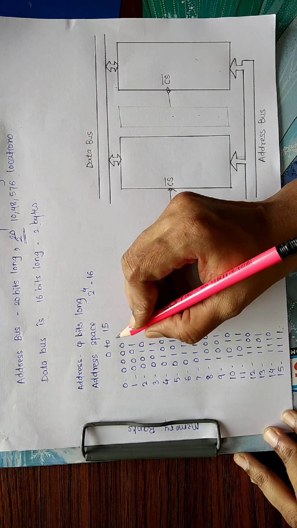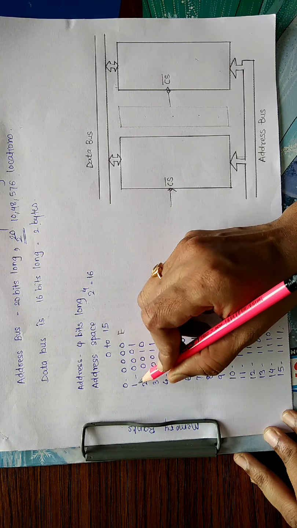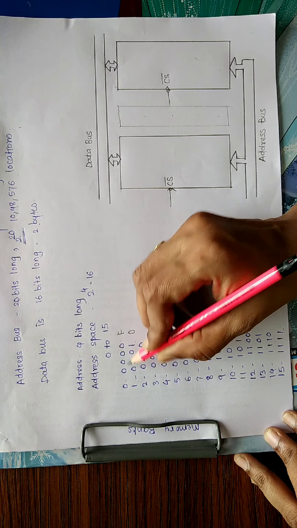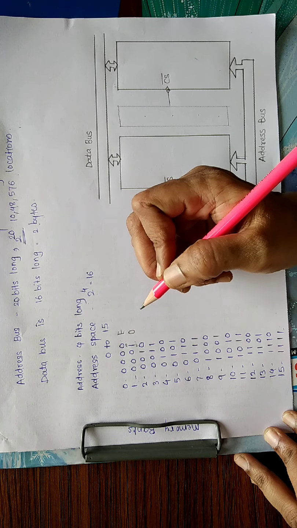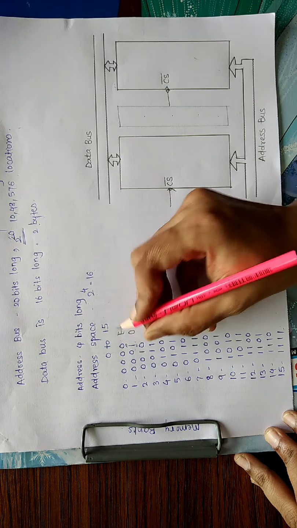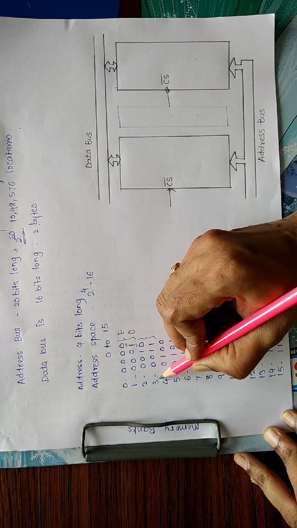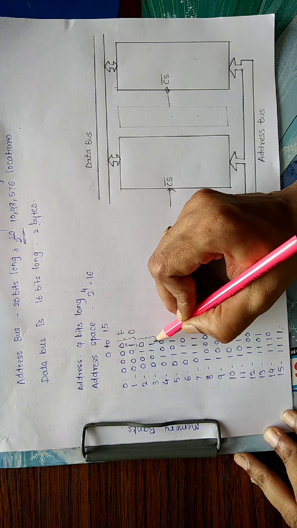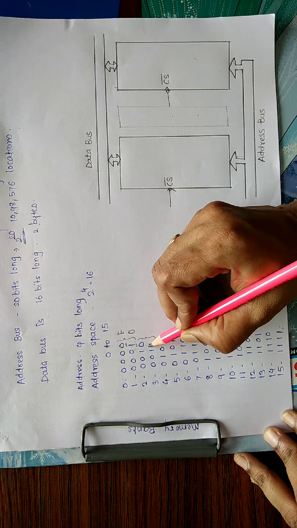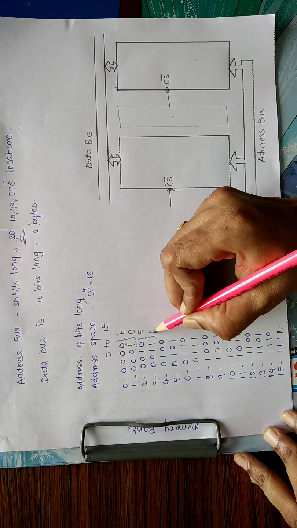Now focusing on successive addresses. 0 is the even address and the successive odd address is 1. These two addresses differ only in the LSB. The remaining bits are the same for both addresses. Then comparing addresses 2 and 3, leaving the LSB, we can observe that the other bits are the same, which are 001. For an even address, the LSB is 0, whereas for an odd address, the LSB is 1.